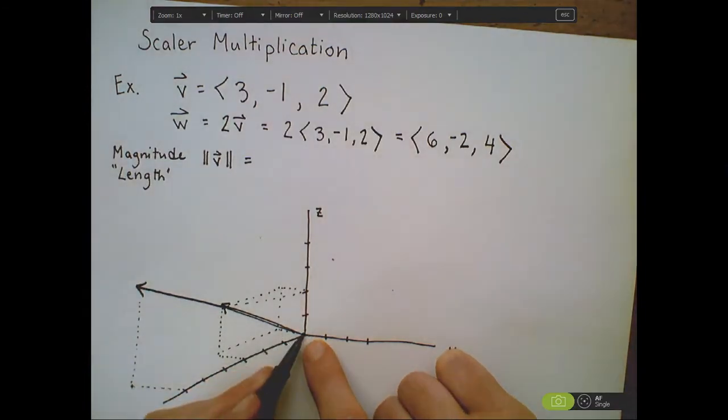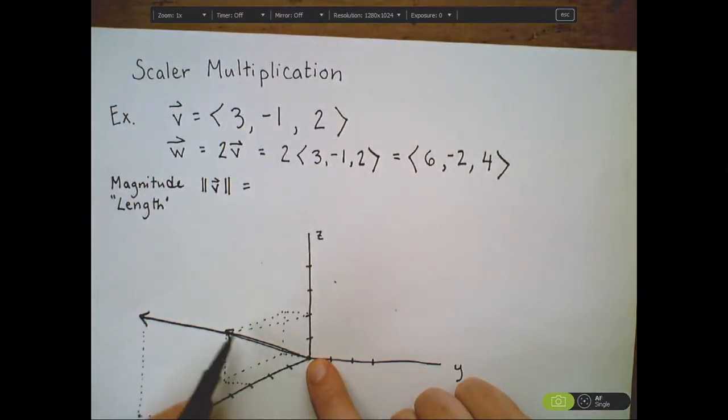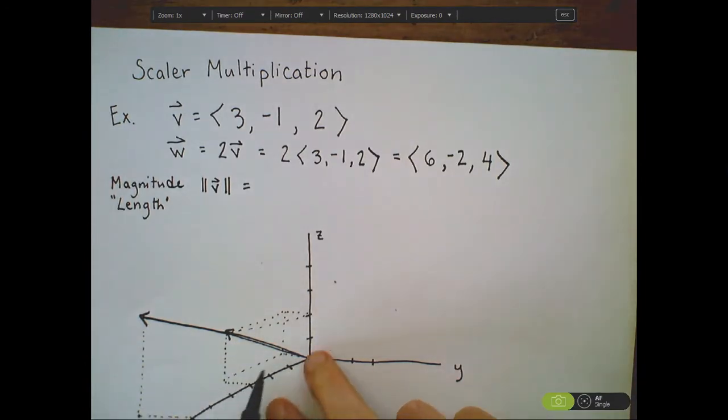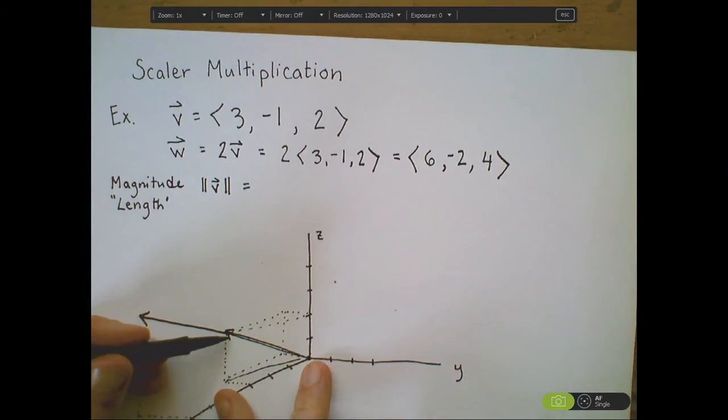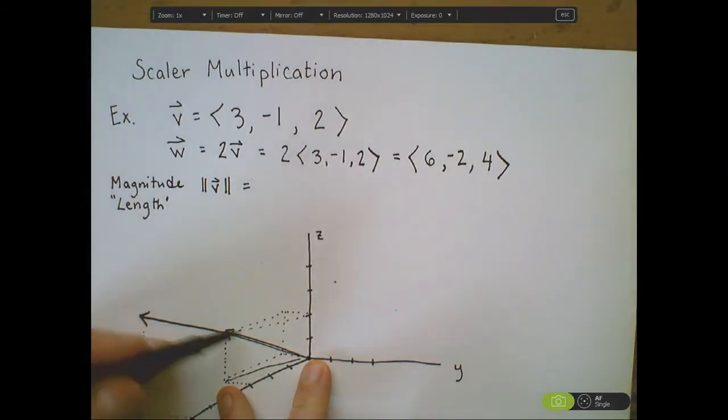be the distance from this point, the origin, to the tip of the vector, which is at the point 3, -1, 2. So if I want to find the distance between these 2 points, I'm going to have to use a Pythagorean theorem that works in 3 dimensions. If you think of it just as a triangle, it would be this base squared plus this length squared, square rooted, would give us the length along the bottom. And then we're going to have to do the same thing for this other right triangle, which is this length